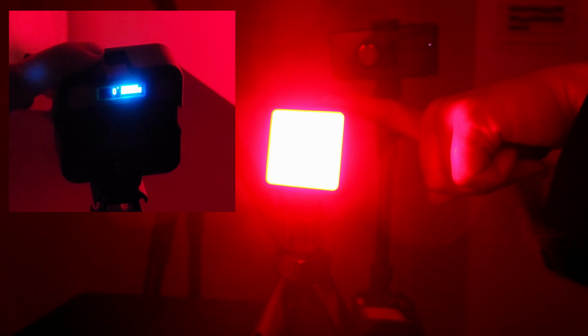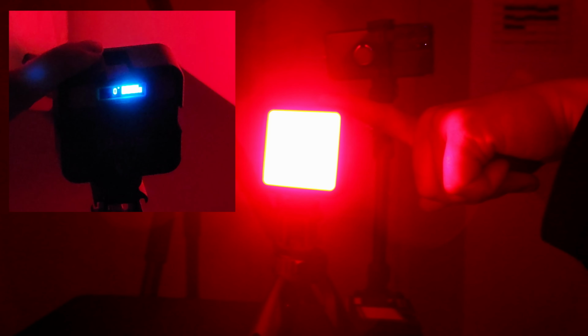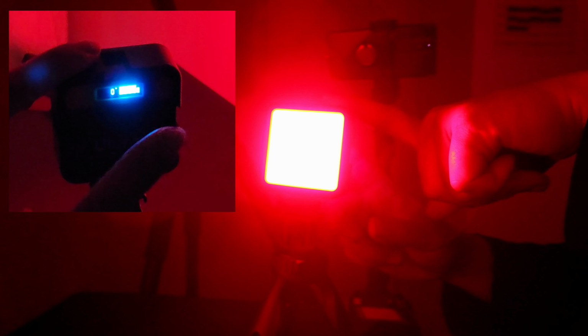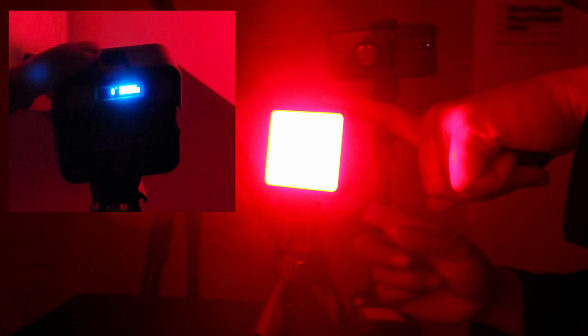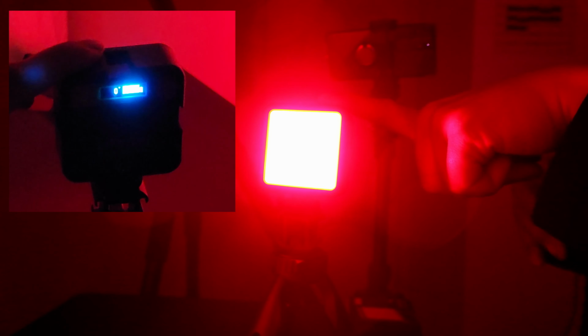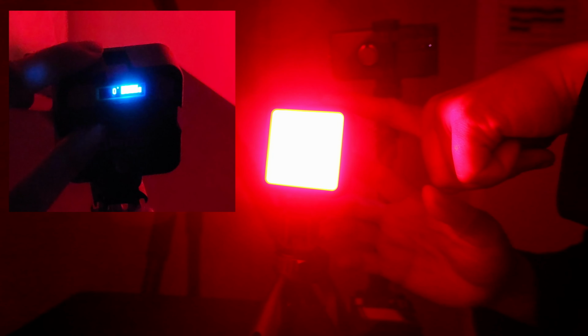So this remembers the very last settings you had on the item. So the last setting on here is 10% brightness, and this is at 0 degrees. This goes through a color gamut of 360 individual colors. So